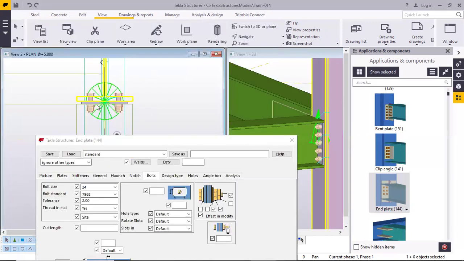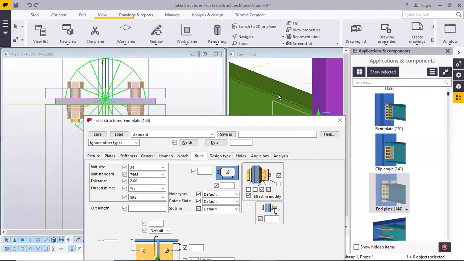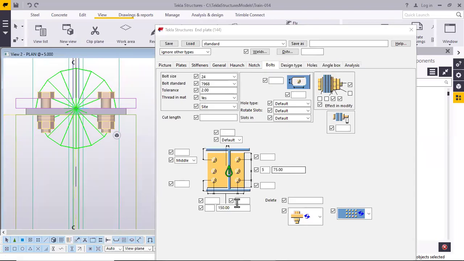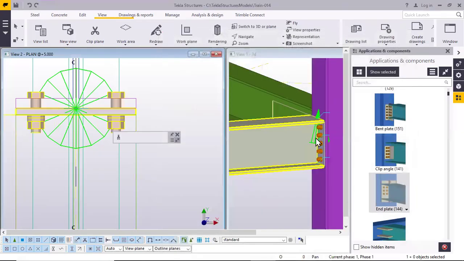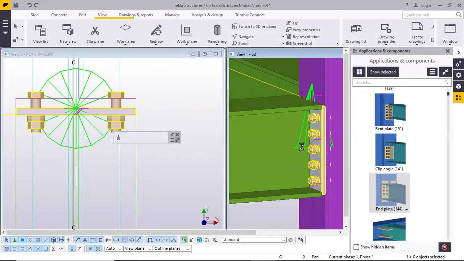You have to check the spacing also. This spacing, center to center distance also. It should be sufficient enough. And then you will have to modify it, or you can keep it as per the standard requirement. Once it is done, everything is done. And we need to go to